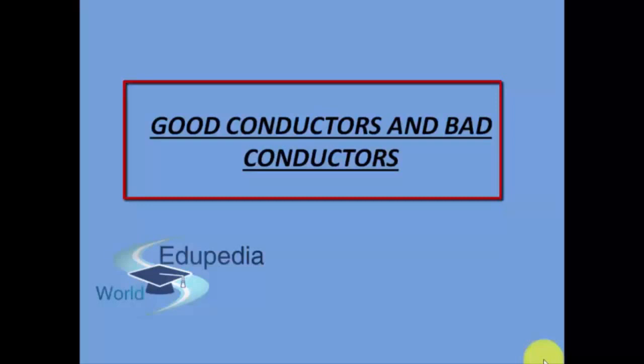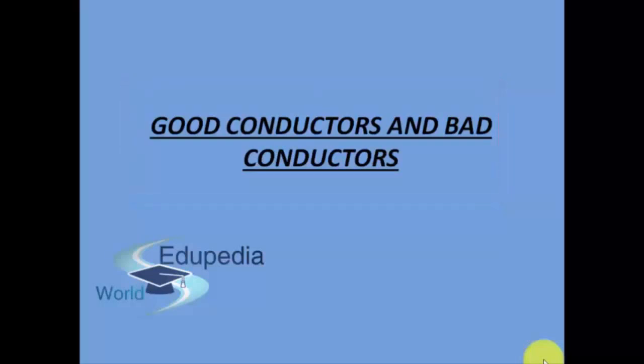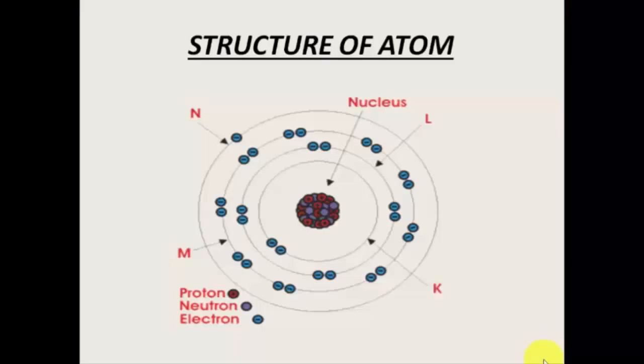Welcome to this video, in which we will learn about good conductors and bad conductors of electricity. As we have already learned how the electric current flows, what makes the electric current flow, we should also talk about what are the objects that conduct electricity and what are the objects which do not conduct electricity. But before that, we need to first talk about how the electric current flows. We know that the flow of electric current is nothing but the movement of the charged particles, that is, the negatively charged particles. But how exactly are these negatively charged particles moving inside an atom? So this we're going to talk about first.